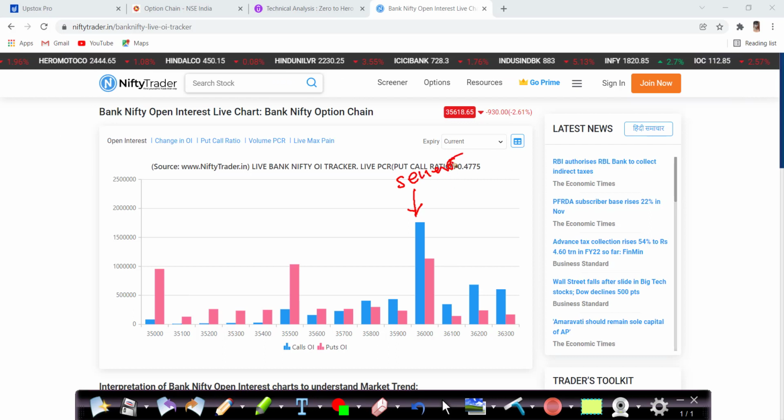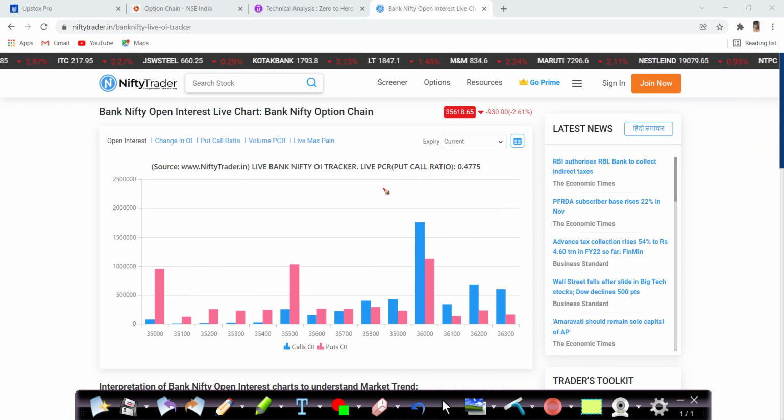Forget about calls and forget about puts. Whatever is in pink color are the buyers. Now how to interpret this? Here are the call open interest and put open interest. Forget about this for a second. Whatever I'm telling, just focus on that. Blue color are sellers, pink color are buyers.